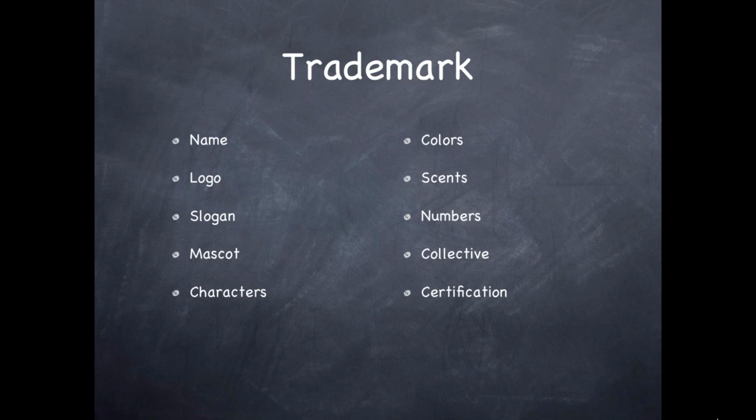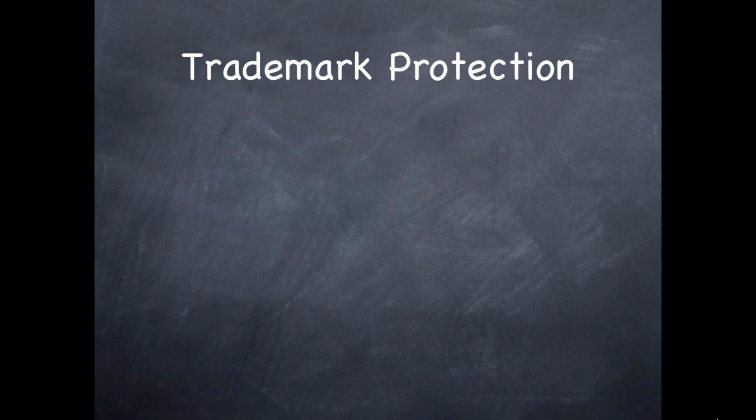So you really want to think about things that are going to be identifiable within your company. Most of our companies are going to pick up the first few categories pretty quickly. When it comes to the second column, you won't necessarily see anything that's going to be a good or an obvious fit. For our trademark protection, just a couple of quick things to highlight. Keep in mind, as mentioned, you can register at the state or the federal level. A state registration is solely going to protect you within the boundaries of your state, which is important to know.